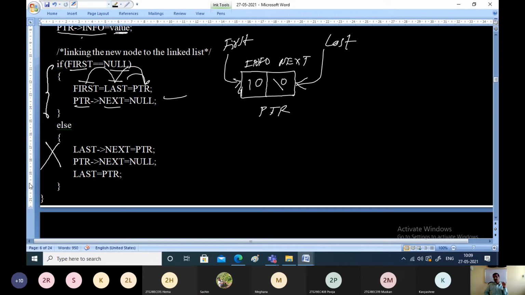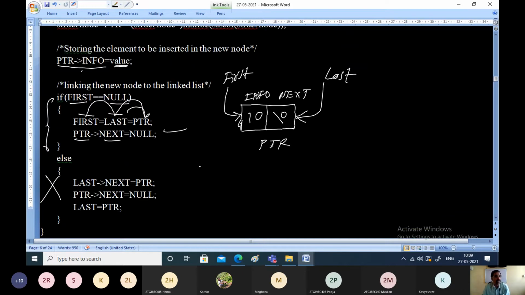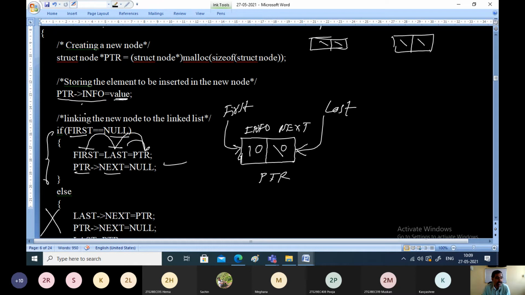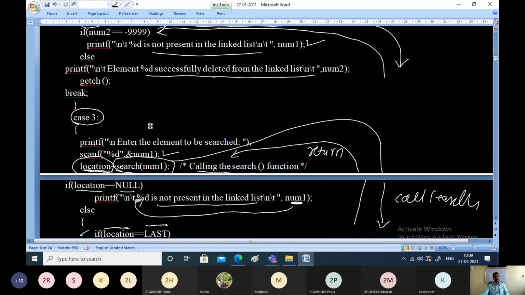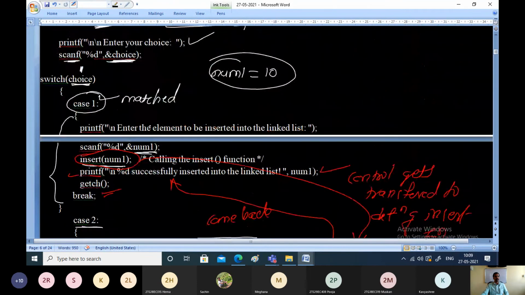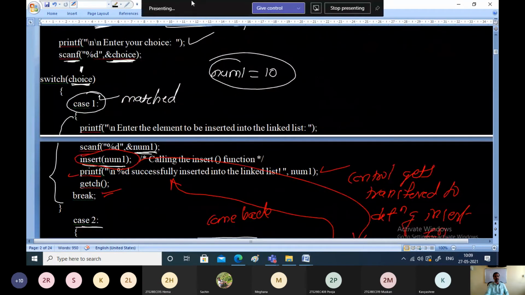That means after insertion, the control will get transferred back to the function call, from wherever we had called. The function was called from this particular place.